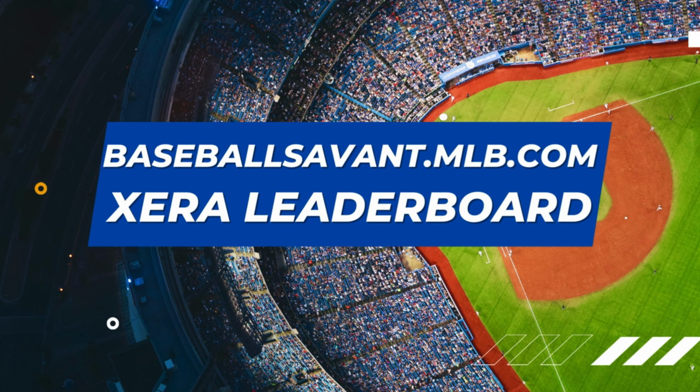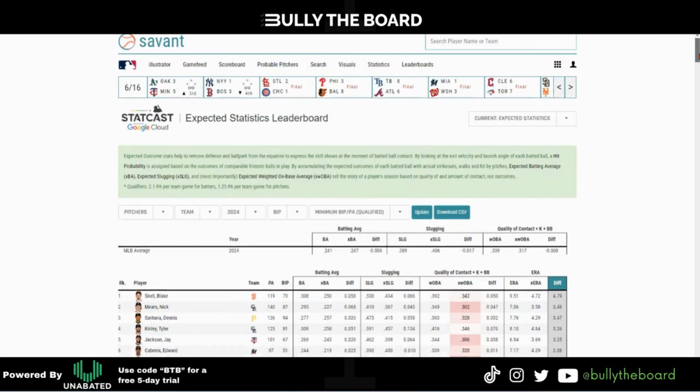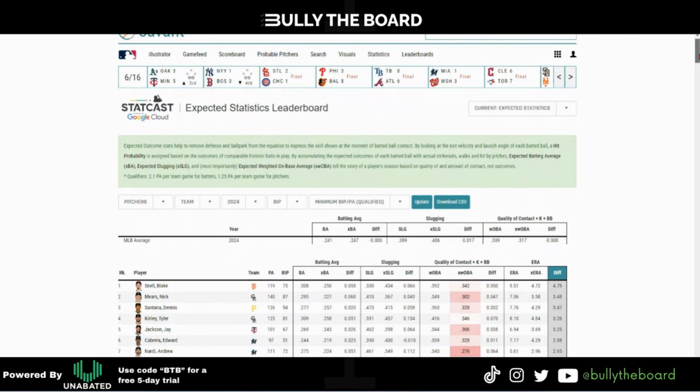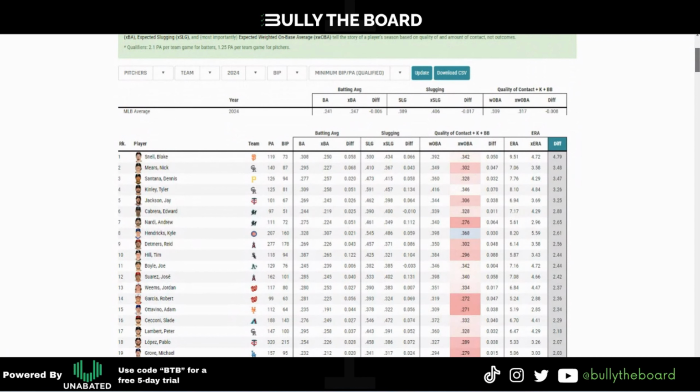Now, the fourth resource I really like, and this is where we kind of go from that rookie noob bettor to someone who's a little more savvy, and this is baseballsavant.mlb.com. And specifically what we're looking at is their expected statistics leaderboard page. So it's not enough to just look at what a pitcher's ERA is or what their weighted on base average is. You want to know the expected statistics to compare that with, because you can have pitchers who are essentially